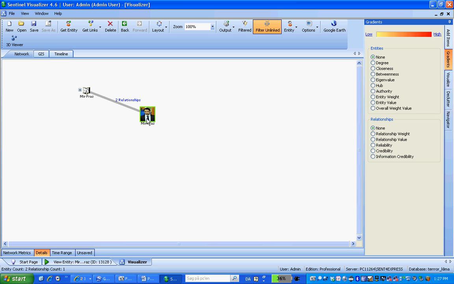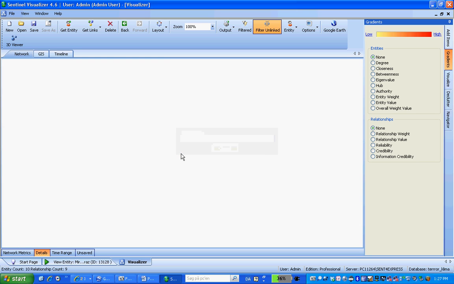Here you have the previously mentioned Mir Fras, that's his sheet here, and you can see he's connected to an account in the Danish registry which was named Mir Fras. There's a little X on the side which marks that this node can be opened, that there are other connections than the ones on the screen right now.